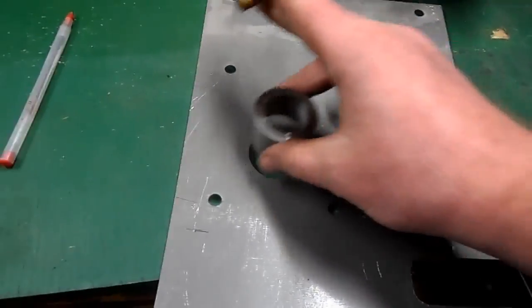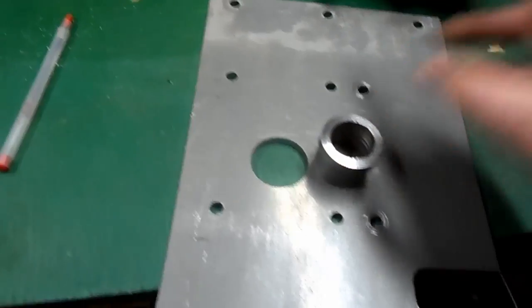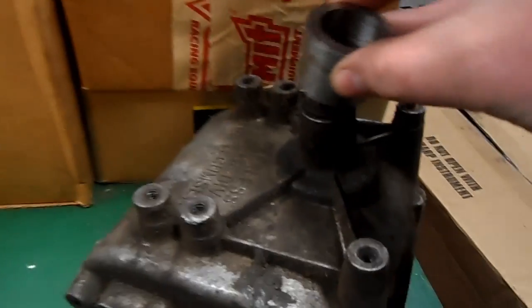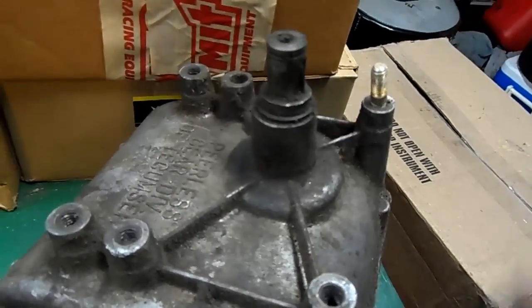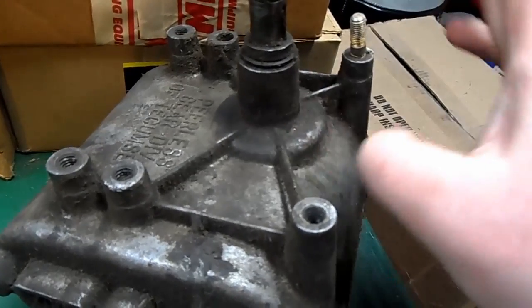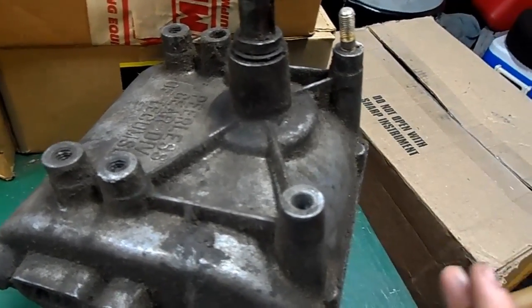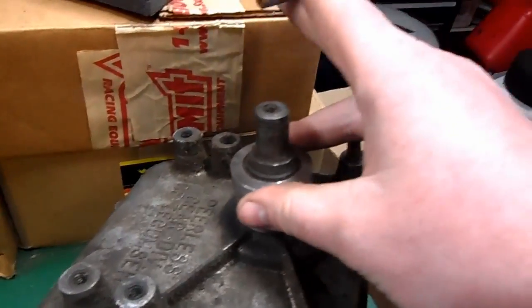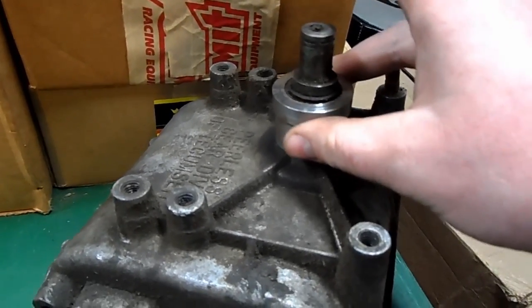That would bolt into here. The snout would go through here. This has to be welded to this plate. This is support for the snout. That support basically goes over like that. It's because they're having problems where you load this up, like let's say you just drop the clutch. It'll snap this off the case completely. This support welded to this steel bracket, all this thickness a little over 1/4 inch, will protect this from